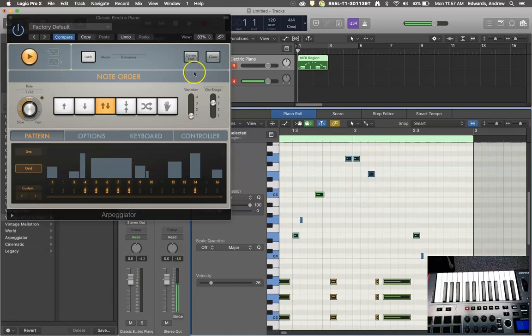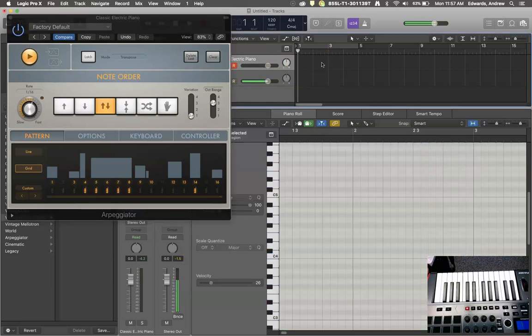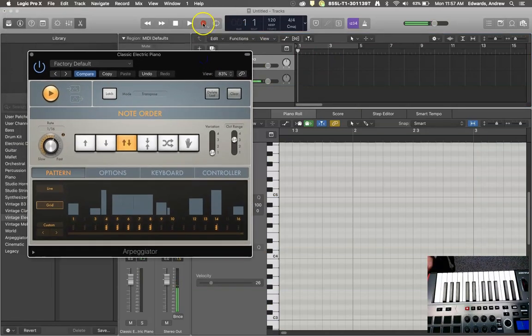The only thing to remember is that when you get ready to play this later, you want to power down the arpeggiator, or it's going to try to arpeggiate based on what you have written here, which is not going to be the ideal scenario. So once you've moved it over into the MIDI region, then if you're doing this version, power it off. If you leave it power on, then all you really have to write into the MIDI region if you record is